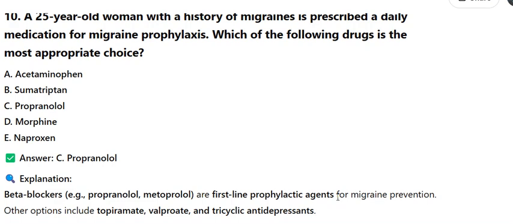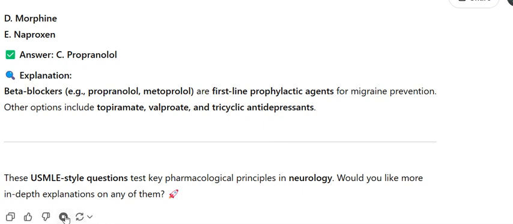These USMLE-style questions test key pharmacological principles in neurology. Would you like more in-depth explanations on any